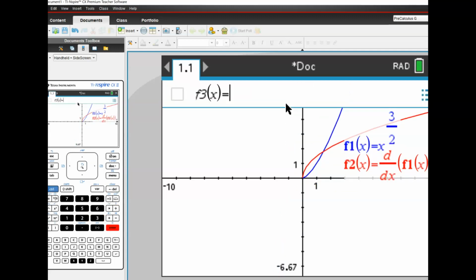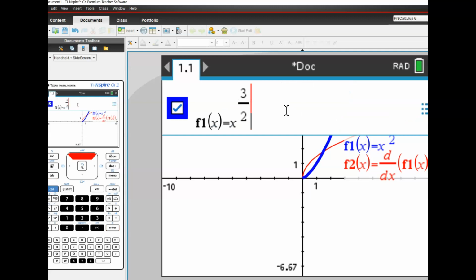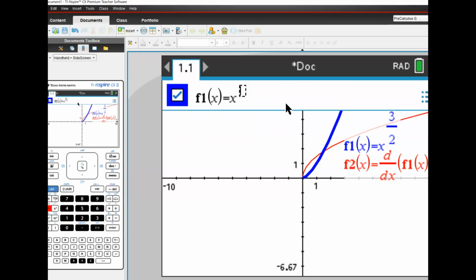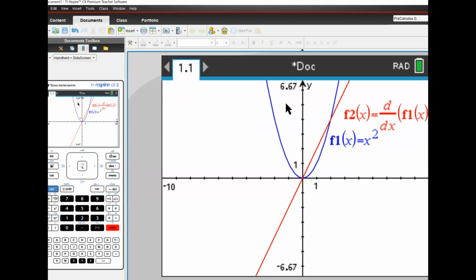Wait, what? Mine don't show up. What do you mean? I put in the derivative and I see it show. It says it exists, but it like